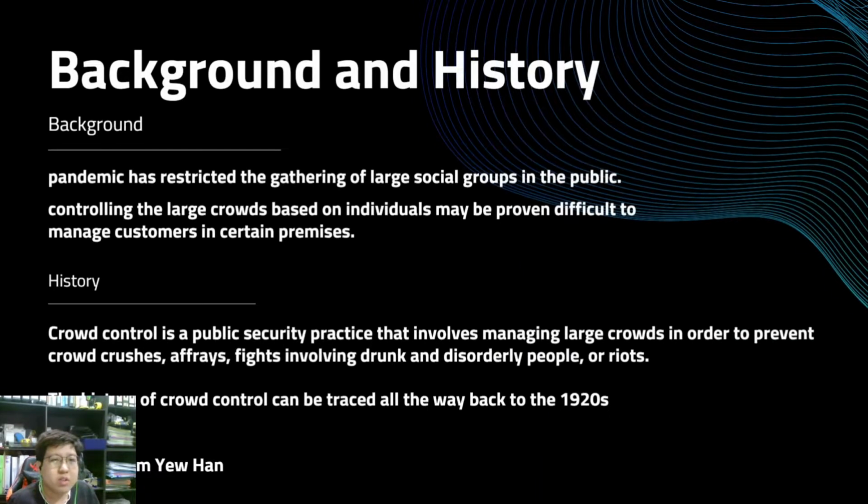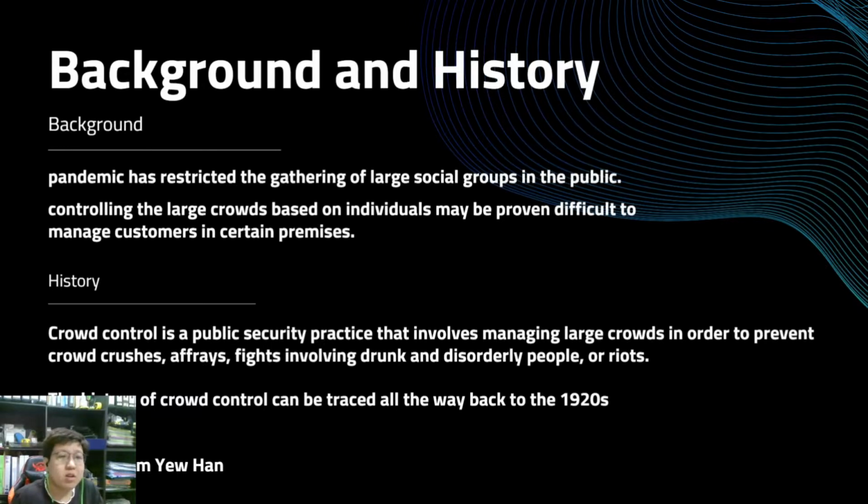The idea for the system came from the pandemic. The pandemic has restricted the gathering of large social groups in public, so therefore there is a need for a system to control large crowds. But a large crowd based on individuals may prove difficult to manage in certain premises. Therefore, the smart crowd management system proposed combines various technologies and methods to manage crowd dynamics during the